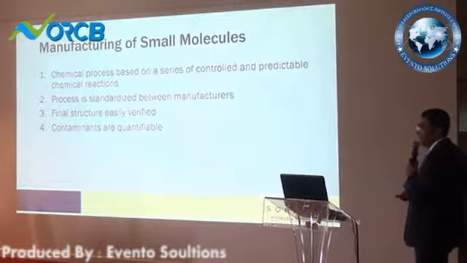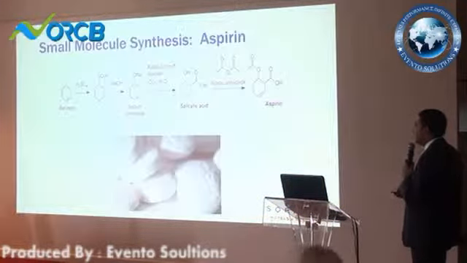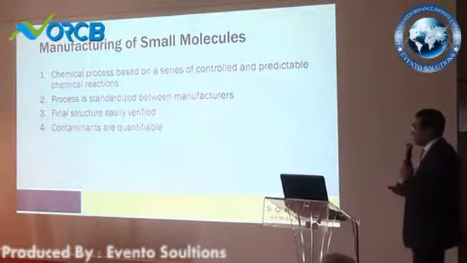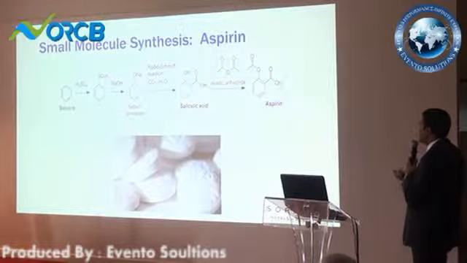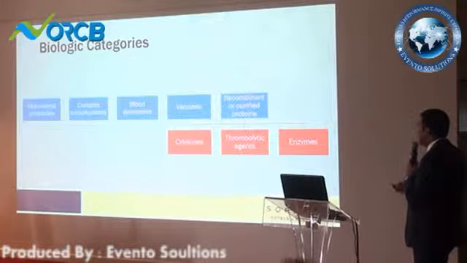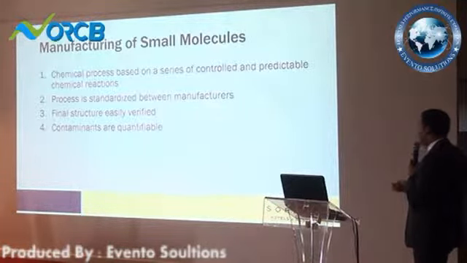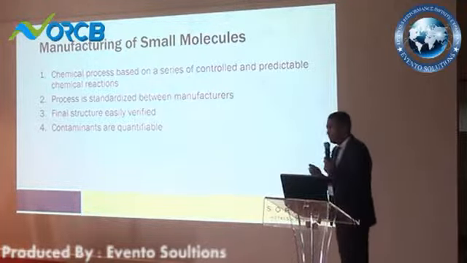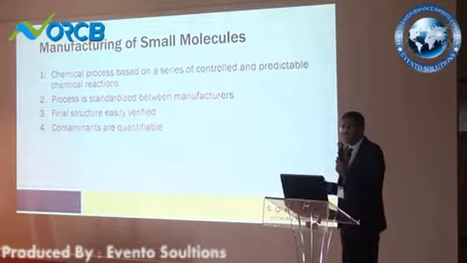If we see how to synthesize aspirin, it is very easy. It's documented in all the textbooks, and all the manufacturers agree on this process. Just 4 steps of organic synthesis to release aspirin, which is easily quantifiable, and the contaminants can be detected easily. The process is standardized between all the manufacturers, and the chemical process is based on a series of controlled and predictable chemical reactions. So, approximately 100%, there is no variability between the different batches and the different manufacturers for aspirin,